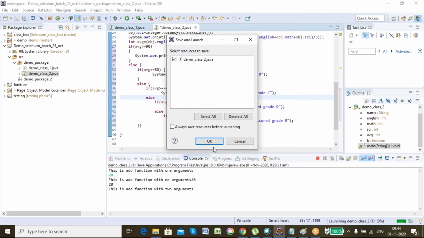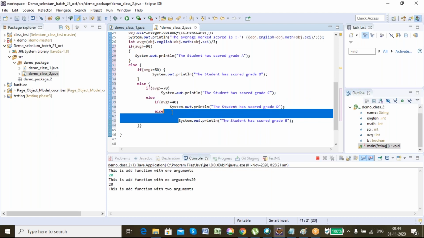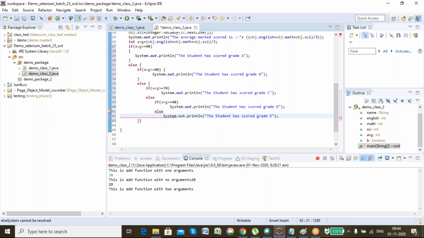In the last line, you have given 80 again. I believe it will give the error. It should be, sorry, 30 or 20. Yes. Else, if I don't give any if, I can write else directly. Anything that comes after that will be printed as it is: fail. Simple.